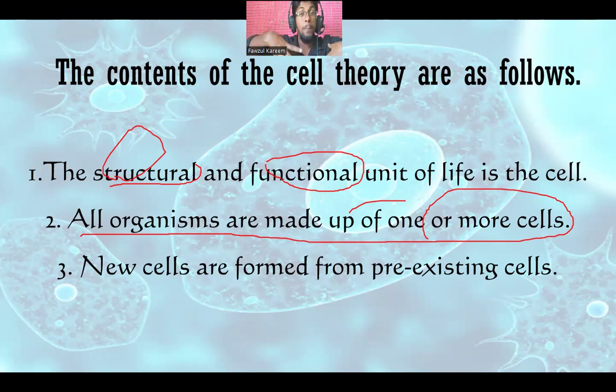Our cells are produced by ourselves. That means we have cells in our body. So those cells will, sorry, not reproduce, they will undergo cell division, and what will happen? New cells will be produced. The new cells are produced by ourselves from the pre-existing cells. They are not brought from outside of the body.